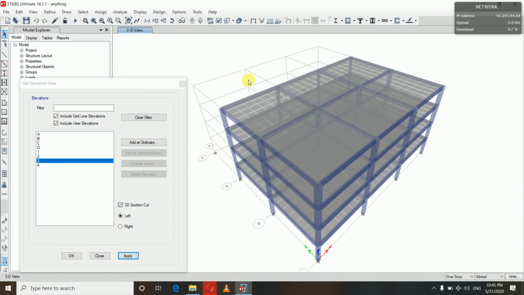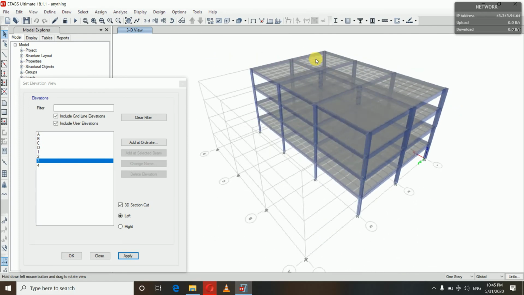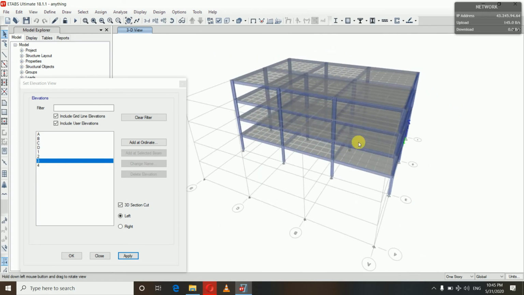Now if you want to see that cut portion, the section portion, you can rotate your building and see the interiors of the building.